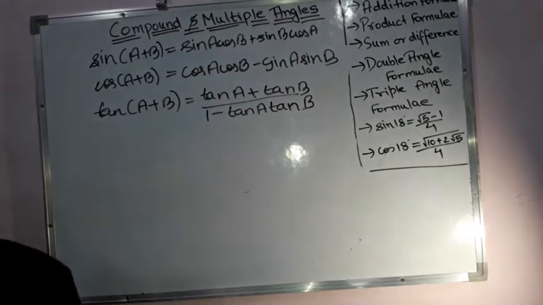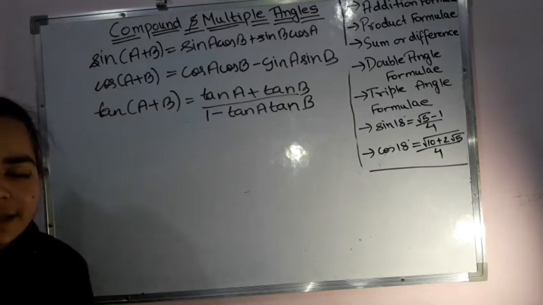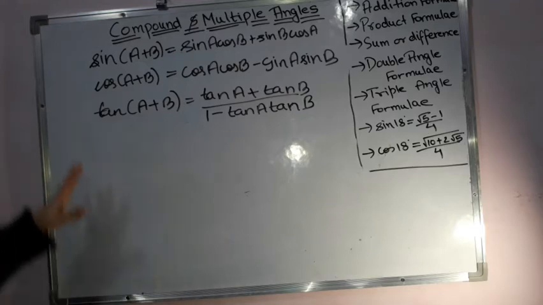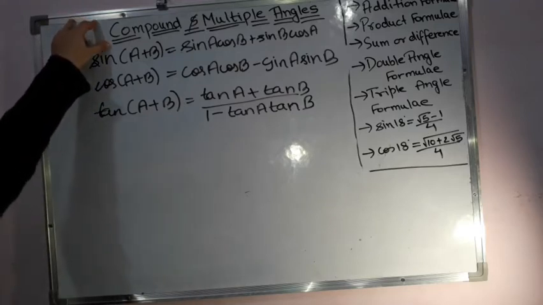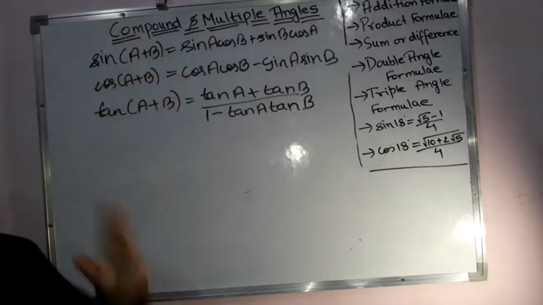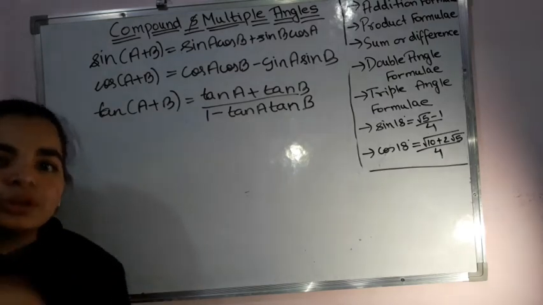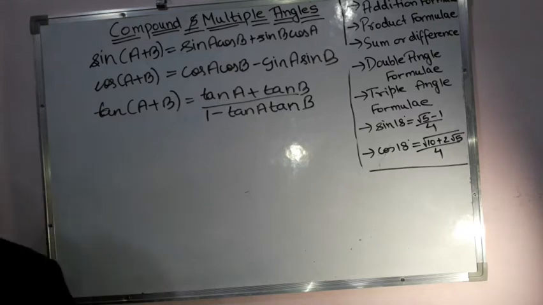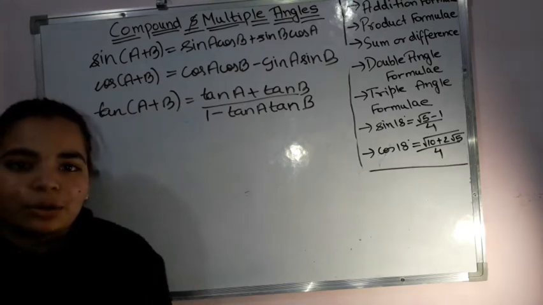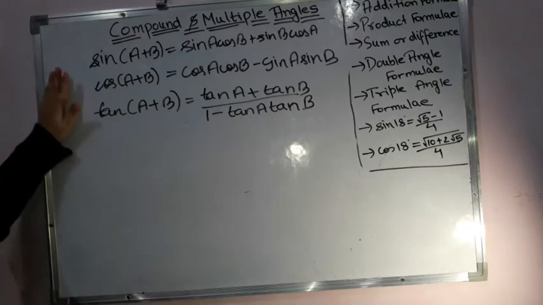Before starting with it, let me just tell you one more thing. There is no such theory in this particular chapter, because it is simply based on these formulas altogether. So what is the name of this chapter? It is compound and multiple angles. Why is it so? Because you can see sine of a plus b, that means 2 angles, or more than 2 angles you will be having, and so you are going to write it as compound and multiple angles. Therefore it becomes compound, that is, they are combined together, and they are multiple angles, taking more than one angle at a time. Therefore it becomes our compound and multiple angles.